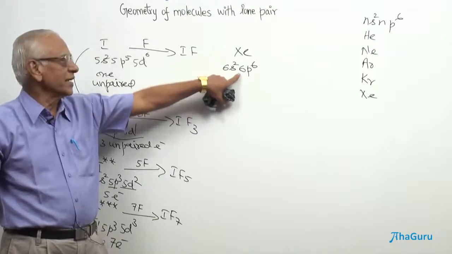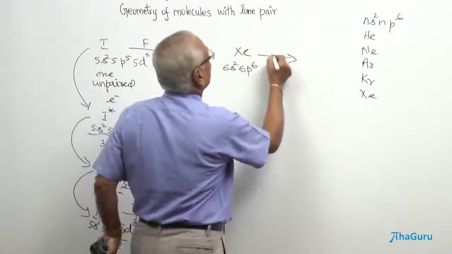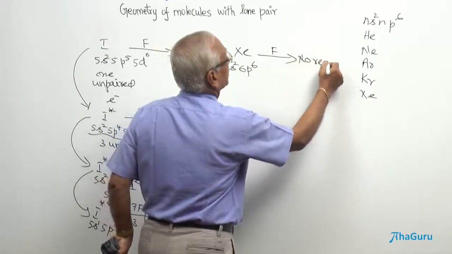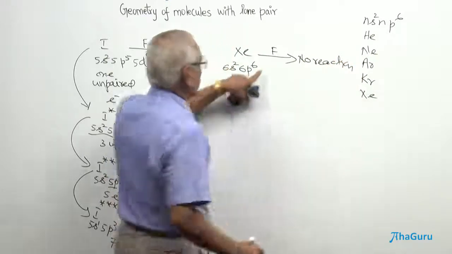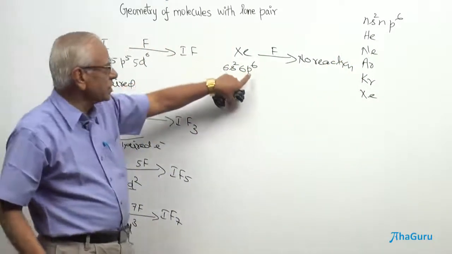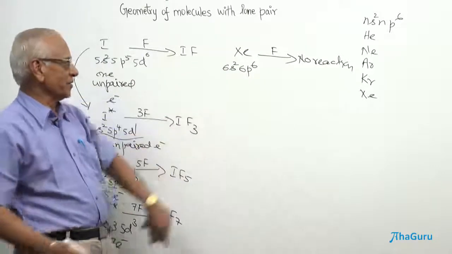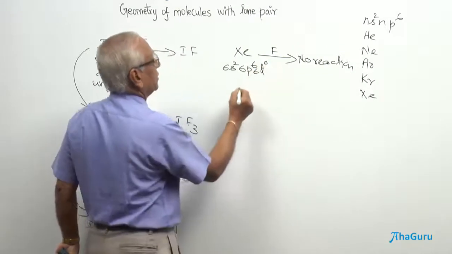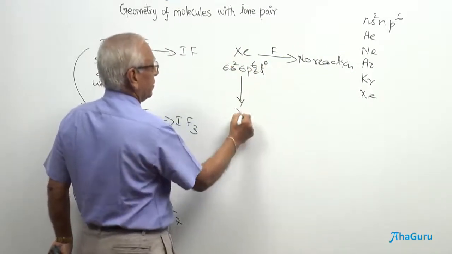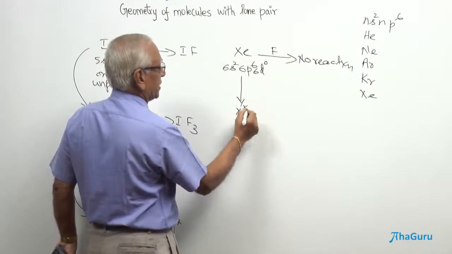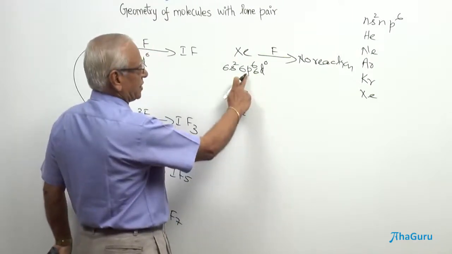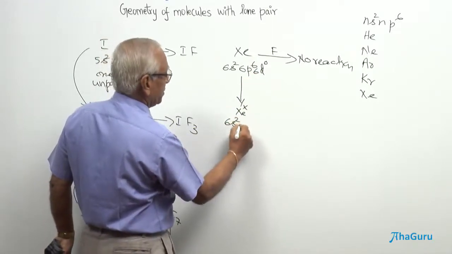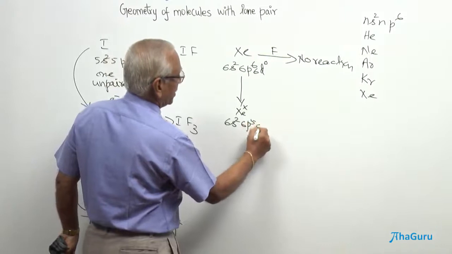No unpaired electron. Xenon in the ground state cannot combine with fluorine, no reaction, no product, because there is no unpaired electron. Students, you should know that the reactivity is due to the number of unpaired electrons, 1 or more unpaired electrons. Now, how many electrons in the d orbital here? 0 electrons. Now, you try to bring it to the excited state, xenon excited state. What happened? One of the pairs is uncoupled and promoted over here. Therefore, you end up with 6s2, 6p5 and 6d1.